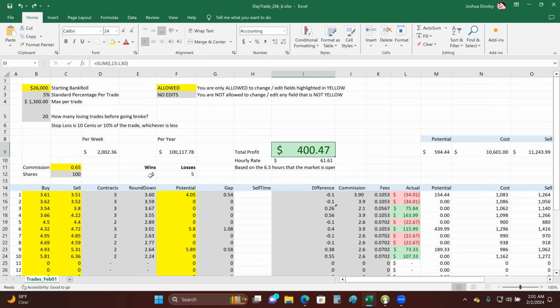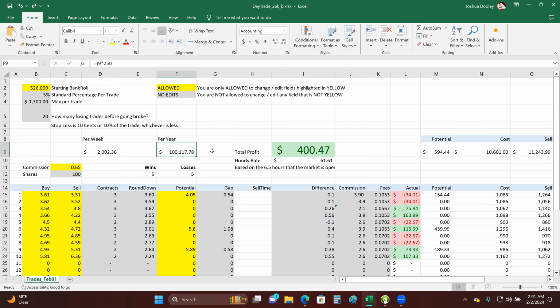You had basically a 50% win rate. You had 5 wins, 5 losses. That's $400.47. That is a total of $61.61 per hour. That's just the 400.47 divided by 6.5 hours that the market is open. Okay. That translates to about $2,000 a week. Basically this times 5 days a week, right? $2,002 a week. It's going to give you 100K with. So that's a 6-figure income working just a 6.5 hour day,